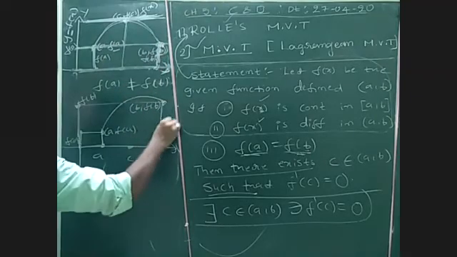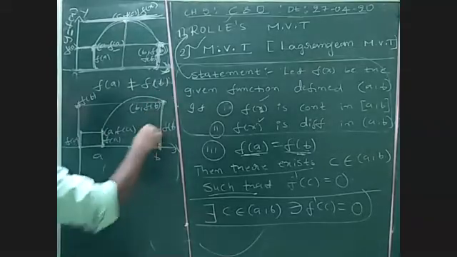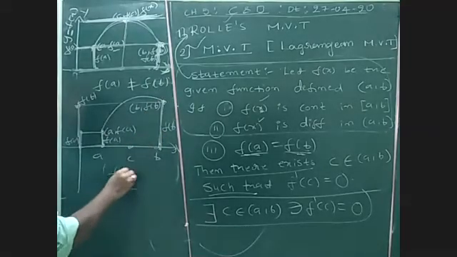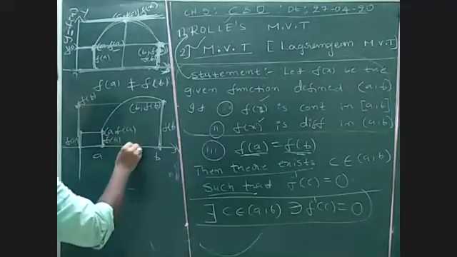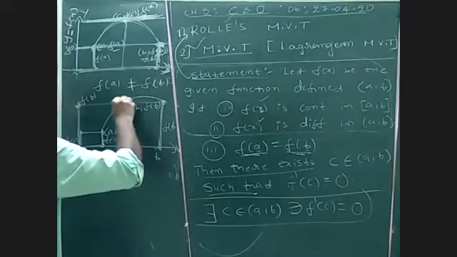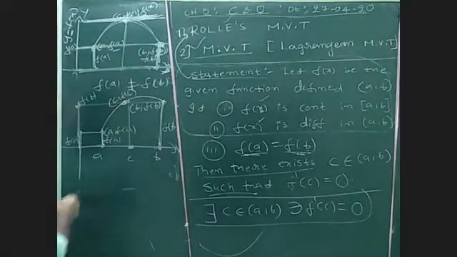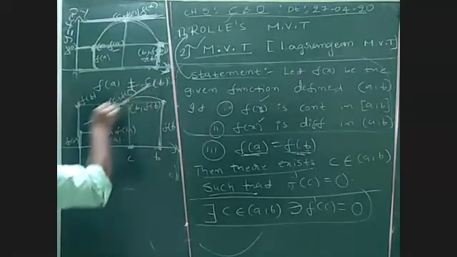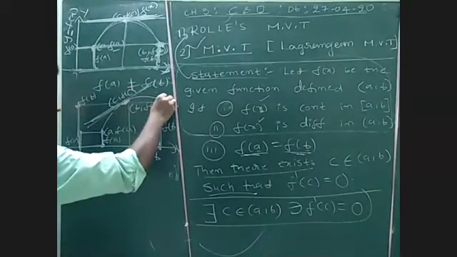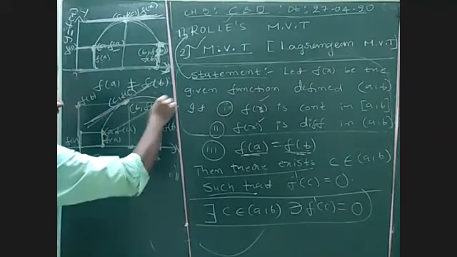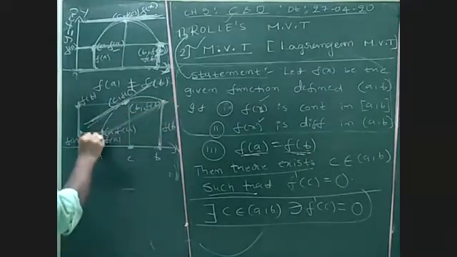But here this is f of b. Is f of a equal to f of b? No. f of a is clearly not equal to f of b. Right. Now, if I choose any point C here, C will be somewhere here. So the point C comma f of c. If I draw the tangent at this point C, look here, the tangent is always parallel to the curve which is joining